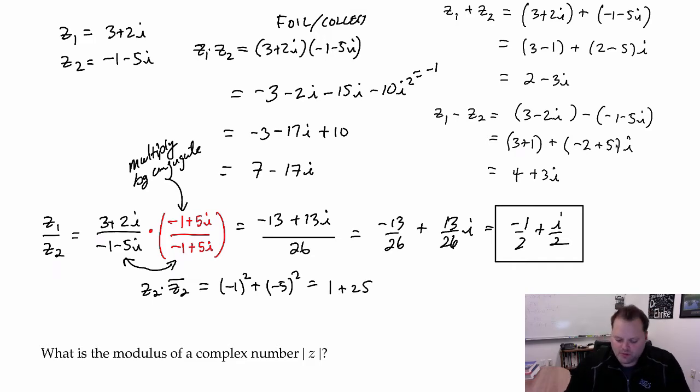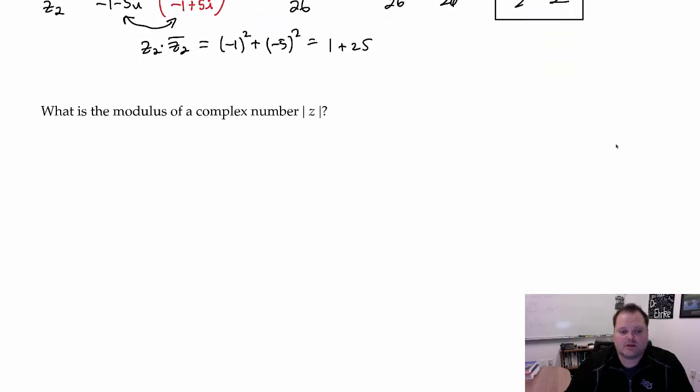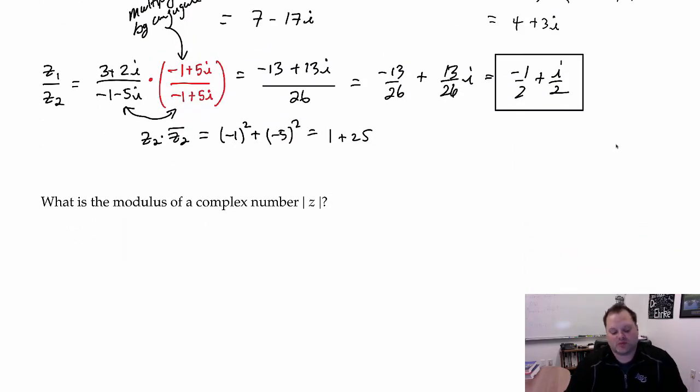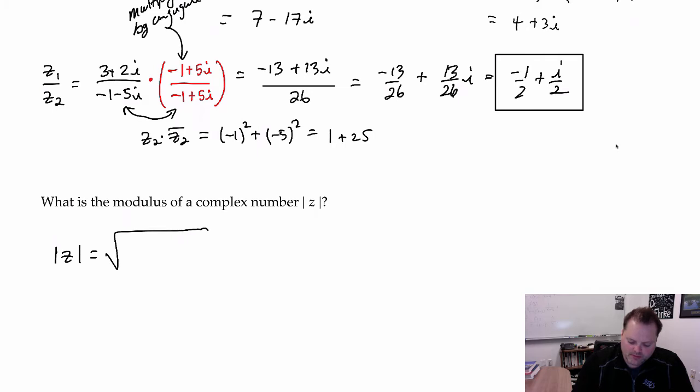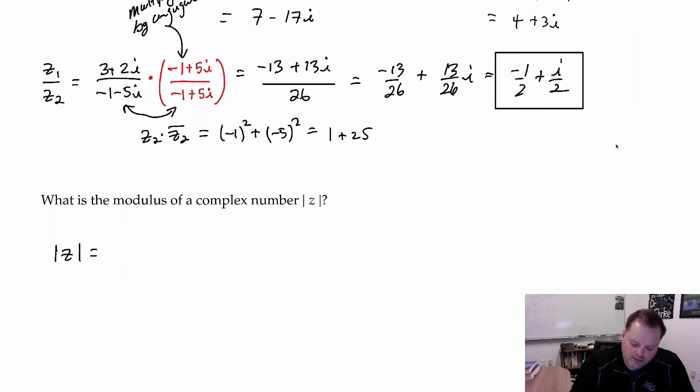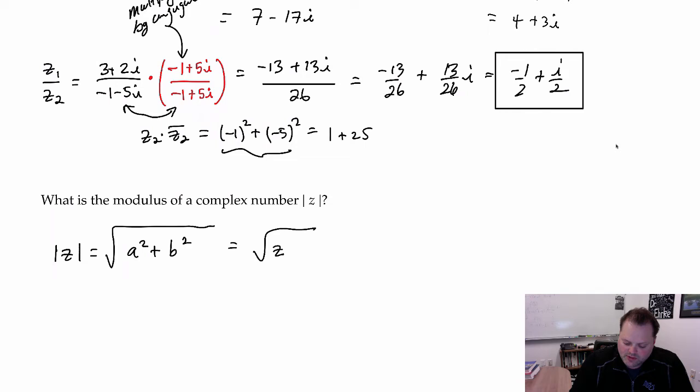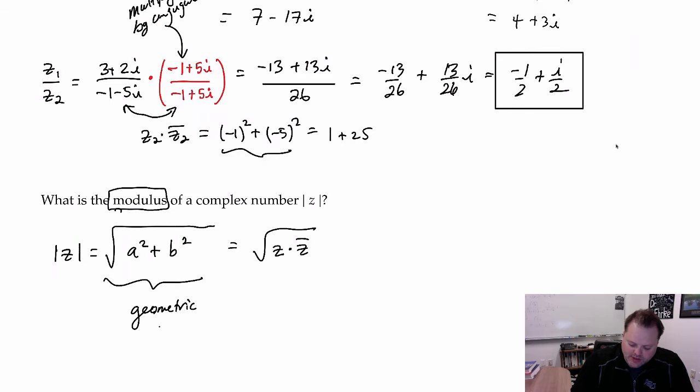All right, so modulus is the next term that we need to talk about. What is the modulus of a complex number? So the modulus of the complex number z is defined as the square root of a squared plus b squared, which is a conjugate times itself, so you'll also see it written this way. Now, what is it though? Right? It's this quantity, but what is important about this quantity? In other words, what is the geometric significance